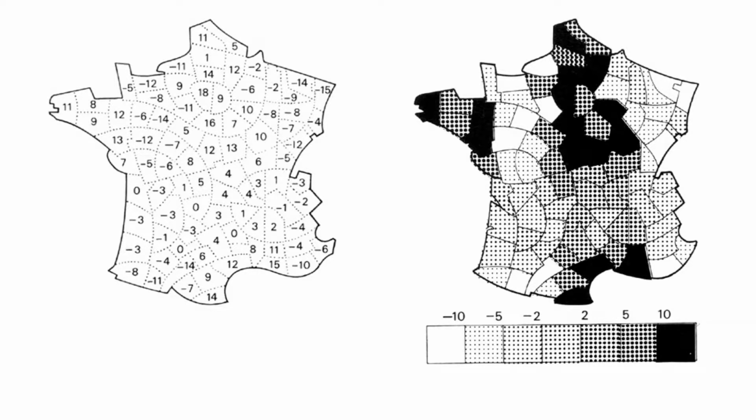Now, the map on the right is the same values, but they have been transposed into dark and light shades. So if you were to read the map on the left and try to analyze where the high activity and low activity was occurring in the country, you'd spend an afternoon trying to figure this out, and you'd probably transpose it into a spreadsheet and start sorting by columns. If you look on the right, you understand immediately. These are the highs, these are the lows, this is the distribution, that's it.